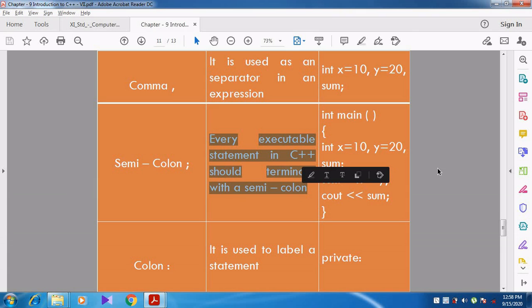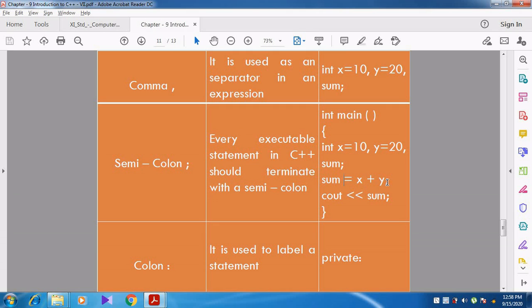That's why you can see int x equal to 10, comma, y equal to 20, comma, sum semicolon, sum equal to x plus y semicolon. Each and every executable line, not all lines, is terminated by a semicolon. Colon is different from semicolon. Can you understand, students?